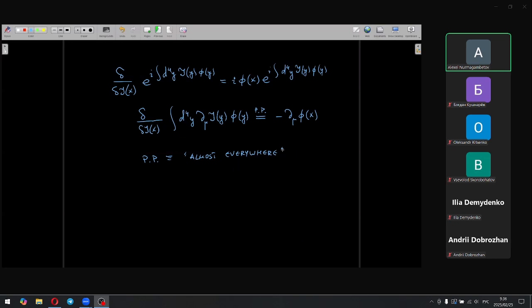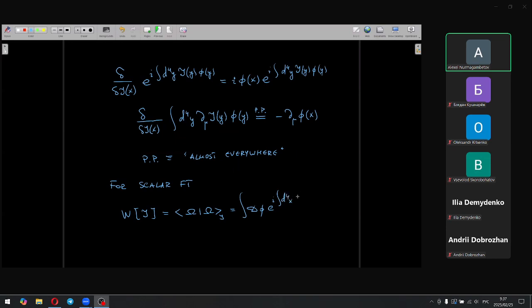Okay, so now let's form the generating functional for scalar field theory. And for scalar field theory, this generating functional W of J, which is nothing but the vacuum-to-vacuum transition amplitude in the presence of this external source J, is equal to the integral over d phi of exponent of I integral